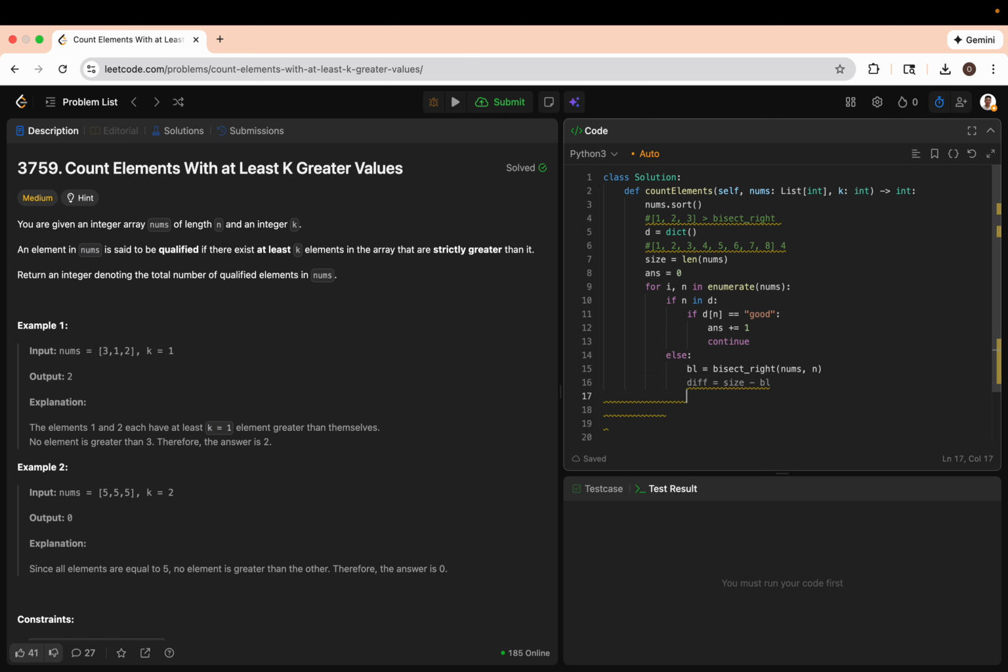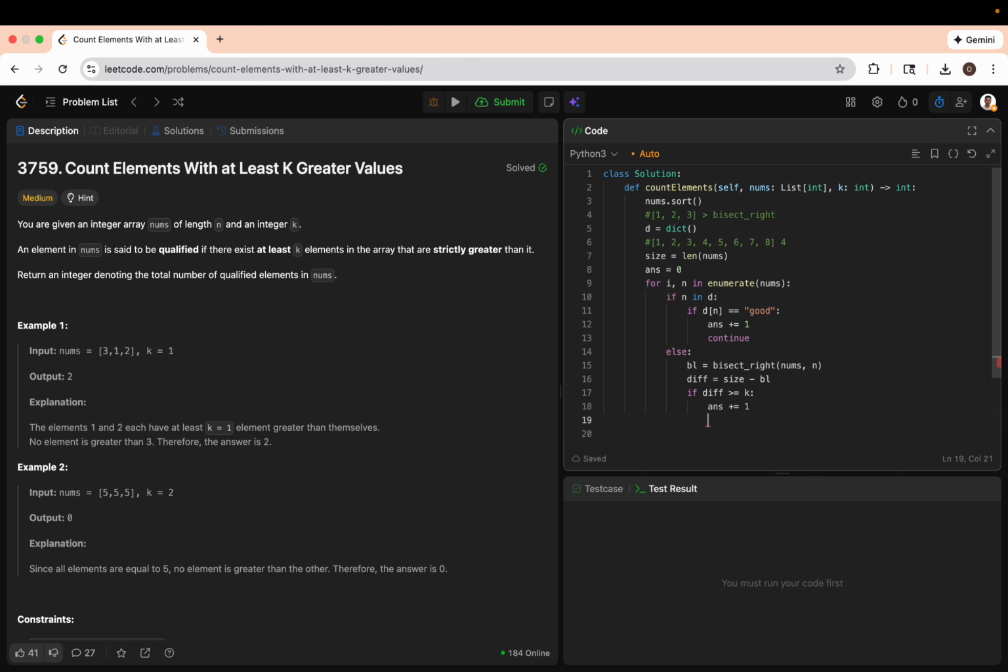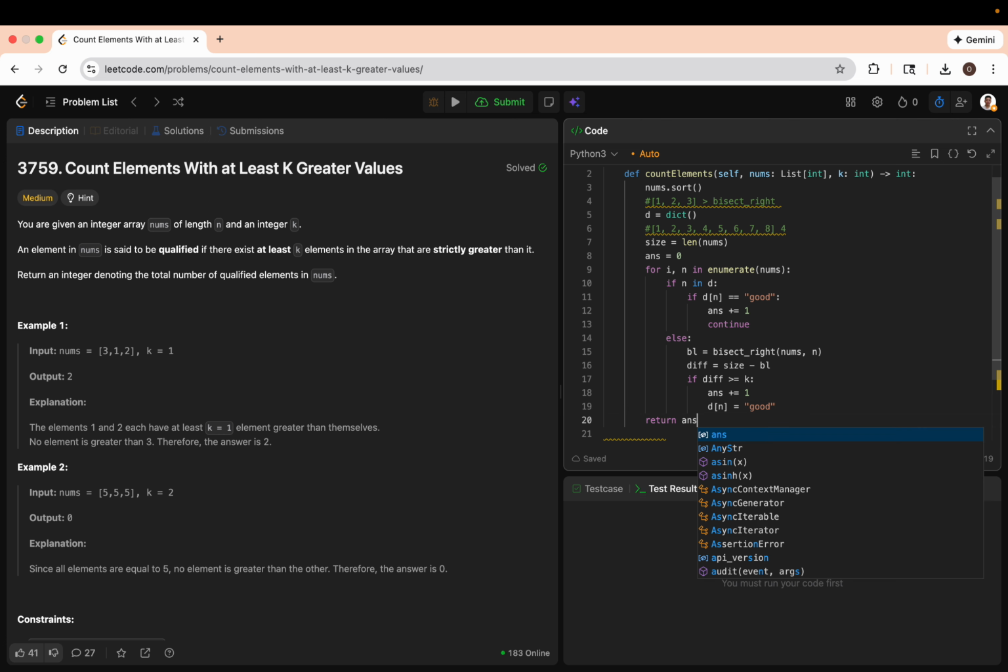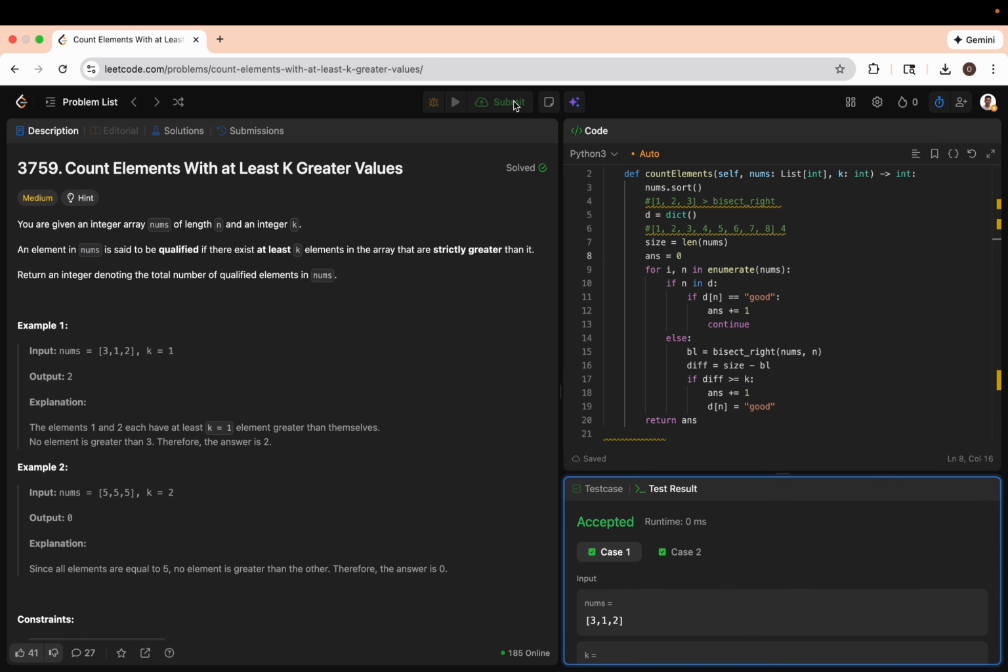And then we can go ahead and say if diff is bigger than or equal to k, because that has to be at least greater than or equal to this number k we're given, then we can go ahead and say it's good, right? And then while we're at it, let's go ahead and process it. Let's put n into the dictionary and call it good, so we don't have to process this log n operation every time. Okay, so at the end we can just return answer after we counted all the values that qualify. And let's run this, submit it,